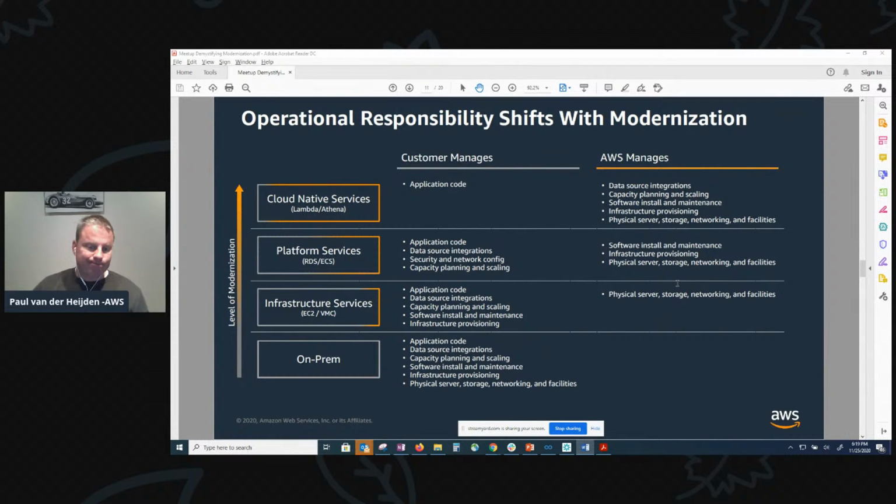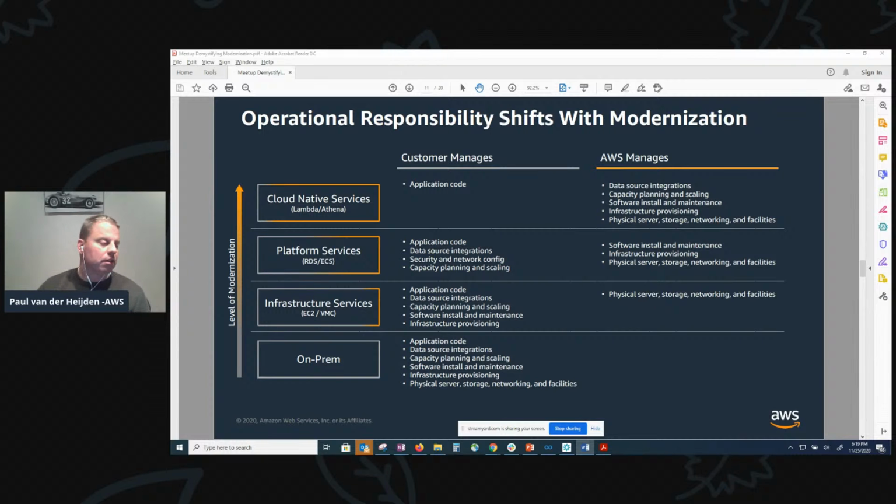Additionally, the operational responsibility is going to shift with modernization. So one of the key benefits of modernization is the ability to shift operational responsibilities, allowing you to free up resources to do more value-add and innovation-led activities.